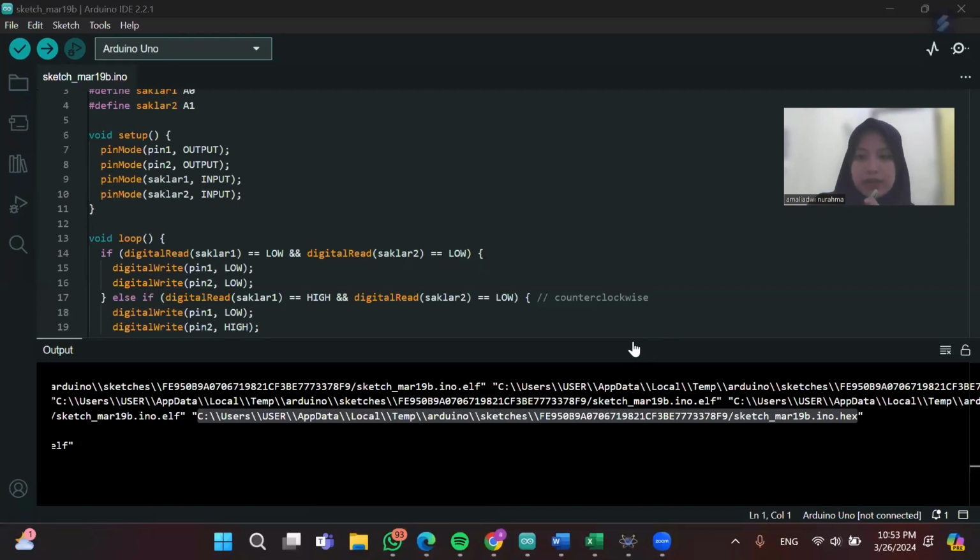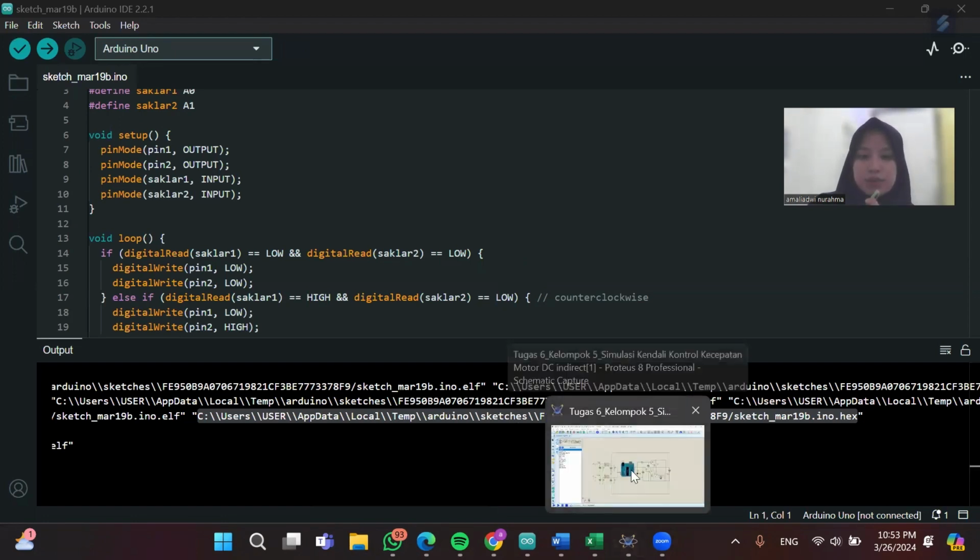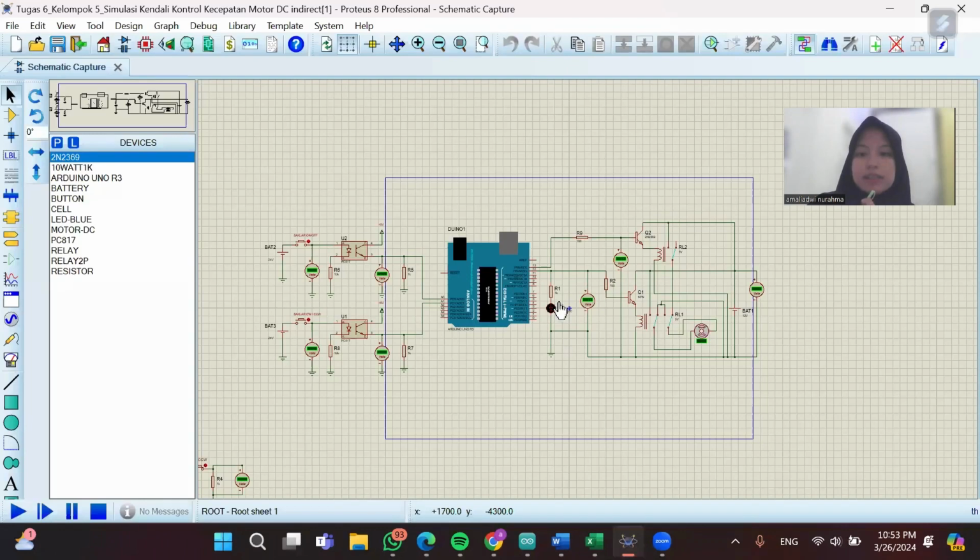Before that, we code in Arduino Uno, and when the coding is done, we click verify and copy the output. So go to Proteus. This is a circuit in Proteus.